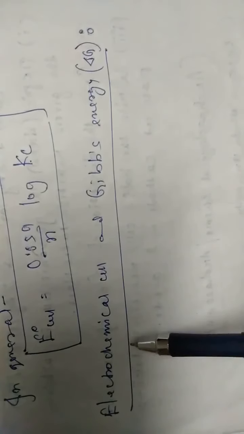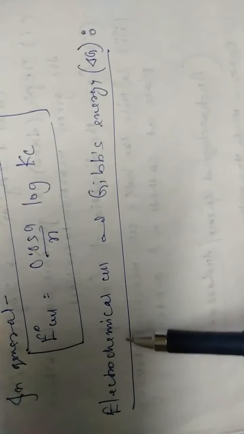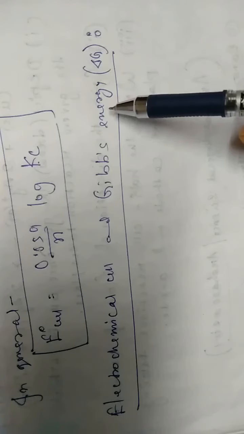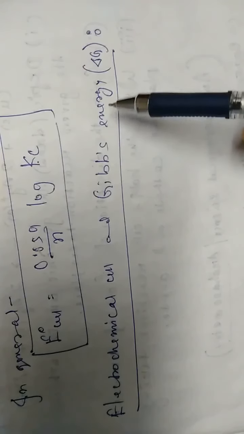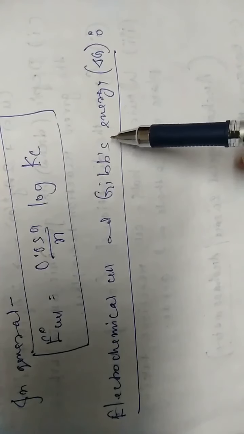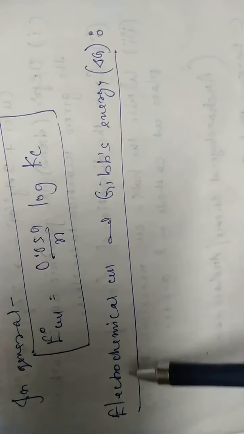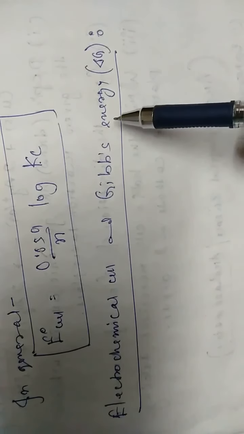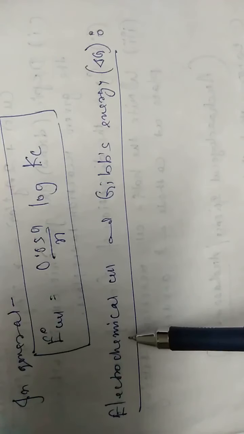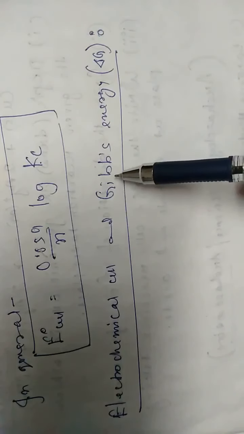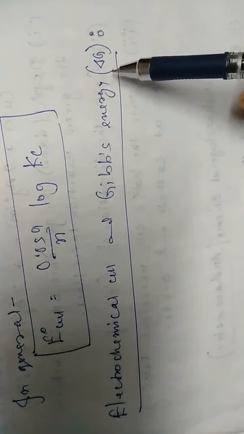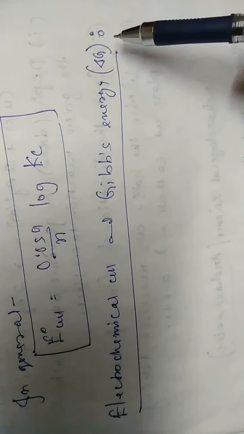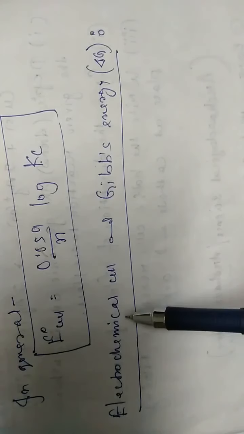Let us discuss one more topic of electrochemical cells. The topic is electrochemical cell and Gibbs energy. Regarding Gibbs energy, we have discussed in the thermodynamics chapter in class 11. In an electrochemical cell, chemical energy is converted into electrical energy. What type of chemical energy is converted into electrical energy? Gibbs energy. In an electrochemical cell, Gibbs energy is converted into electrical energy or electricity. Therefore, electrochemical cells are also known as